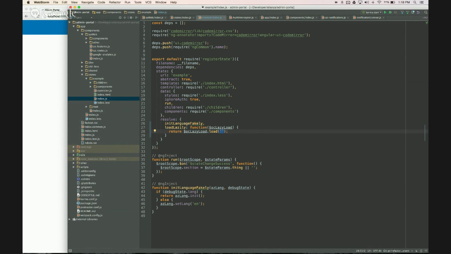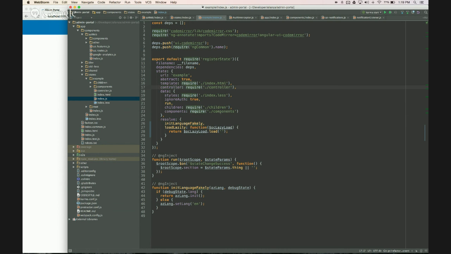I'll have to figure out what that URL would be based on Webpack, because I'm pretty sure that for me, I need to just do ensure or something like that. I can't remember how Webpack's code splitting works, but yeah, I'll have to play around with that. But all I have to do is just do this load, and then